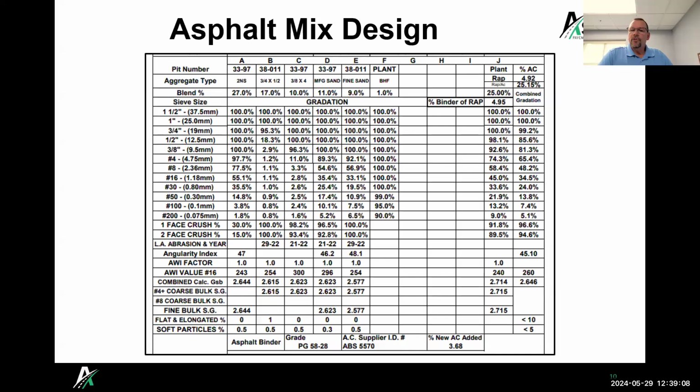I don't know if it does necessarily. I know that the pit numbers up here are approved by MDOT and have been tested by MDOT, so those are going to have those AWI values and the abrasion values and things like that. If you were using a pit that didn't have that information, it might need to be tested. They'd need to get it. Yep, so that you'd have those numbers.